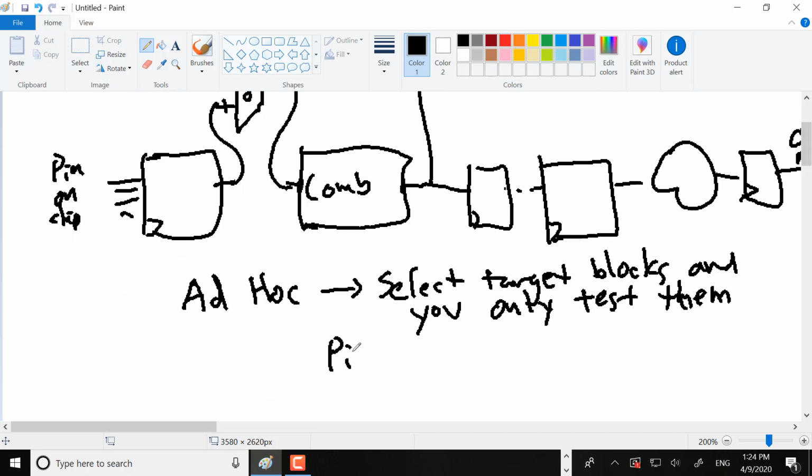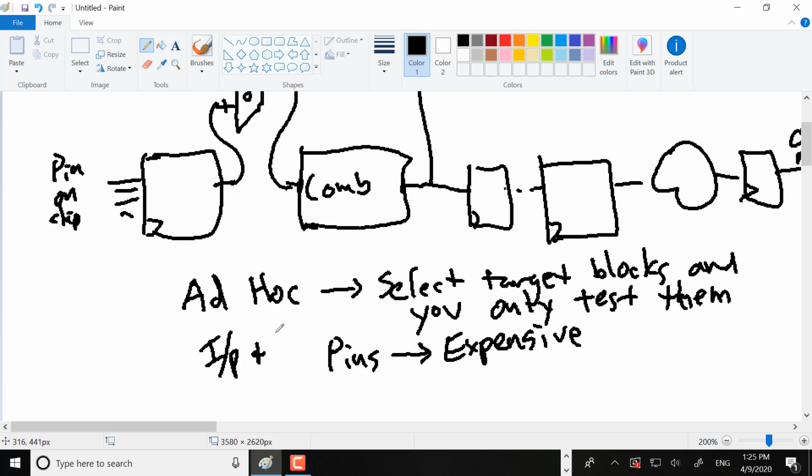That's a big cost again. If this had a 16-bit input to this combinational logic block, let's say it was a multiplier or an adder or something like that, that could get expensive. It means you have to have a bigger package, and the packages are one of the bigger costs in fabrication right now. So it could cost you pins, and then the output,